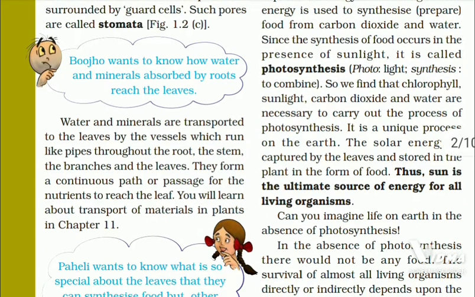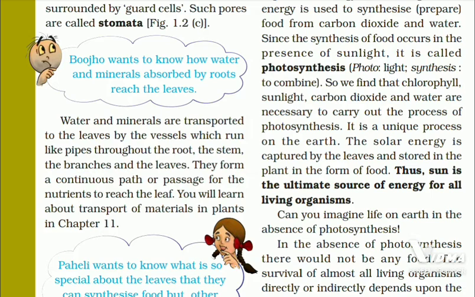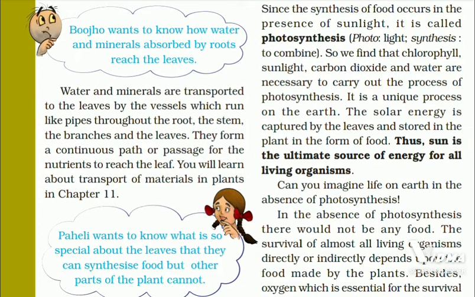They form a continuous path or passage for the nutrients to reach the leaf. It's not that they will do random motion, it's not that they are being transferred in any uneven manner. They form a continuous path. Now, if you want to learn more about transport of materials in plants, we are going to see it in